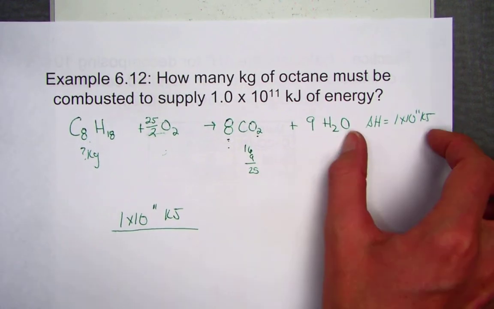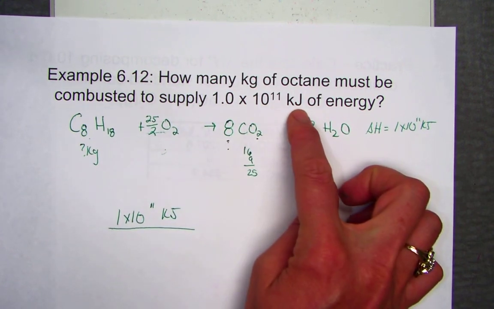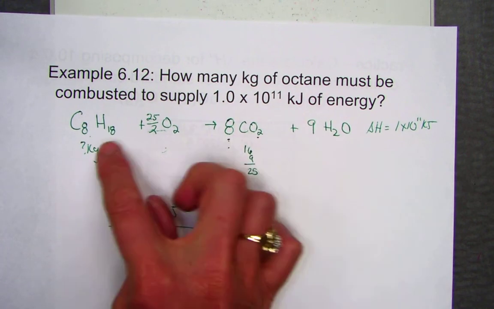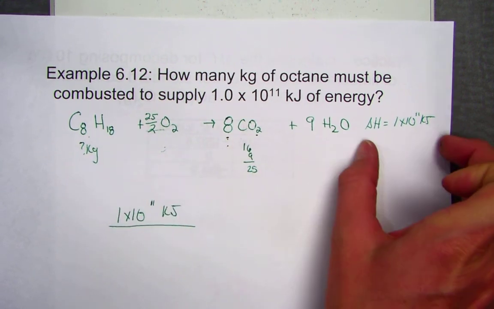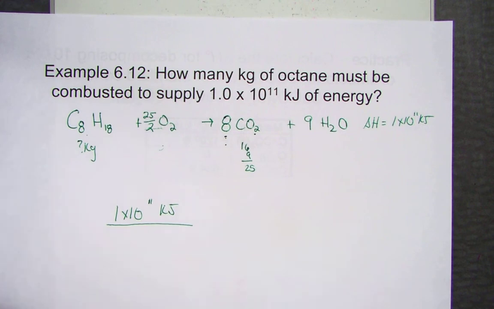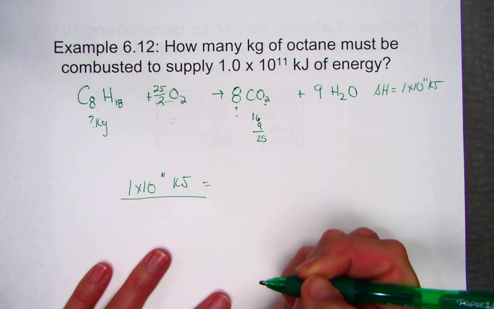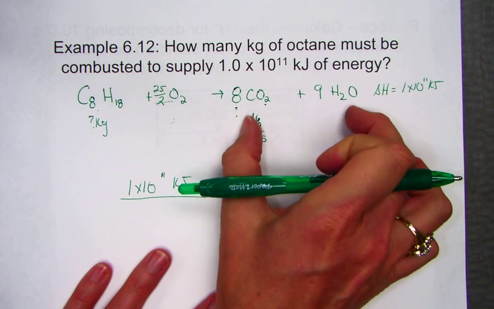What I don't know is that's the delta H because it does not say that it's in kilojoules of heat. Alrighty. But what if I solved for this, making this the target? I can find out how many moles or kilojoules of octane must be there. If 1 times 10 to the 11th is the heat of the reaction, the sum of the products minus